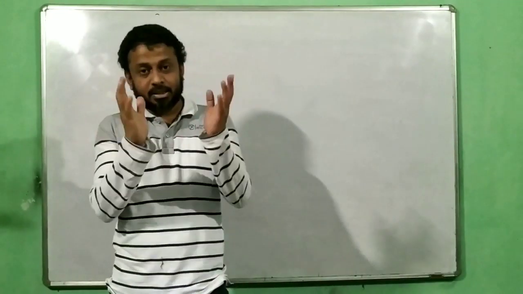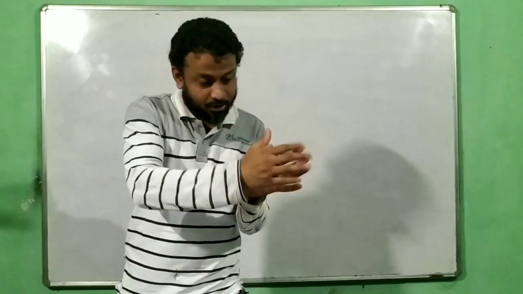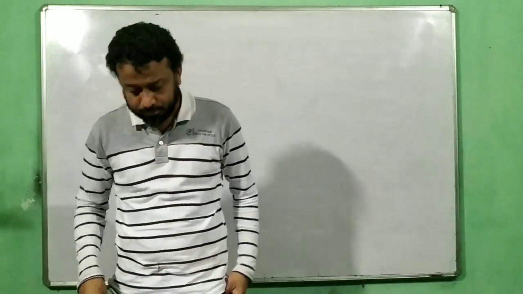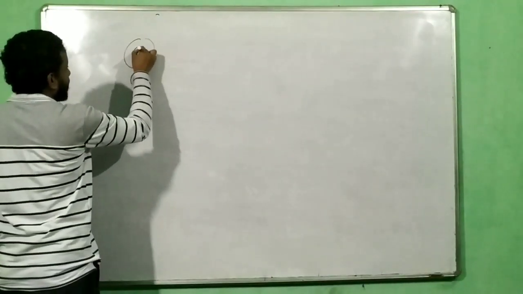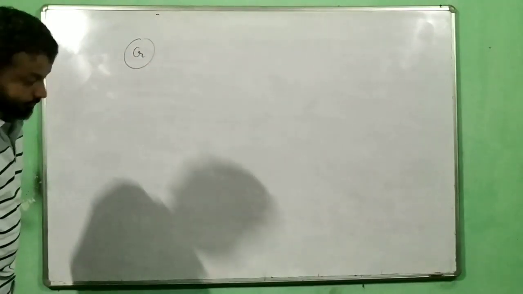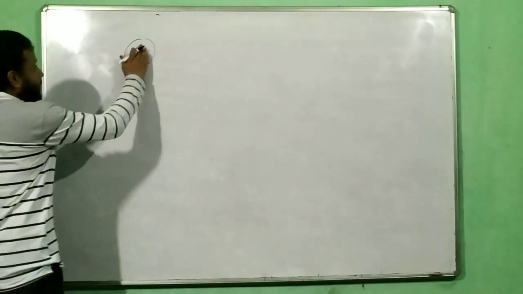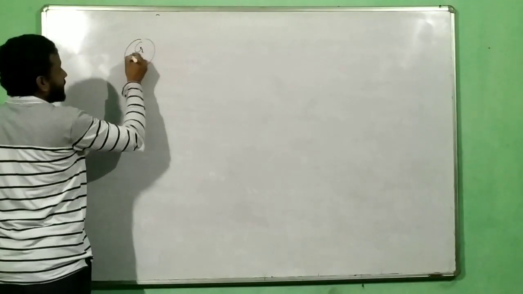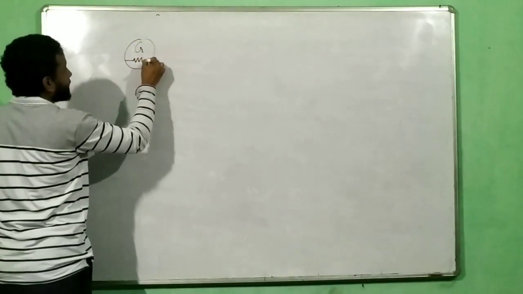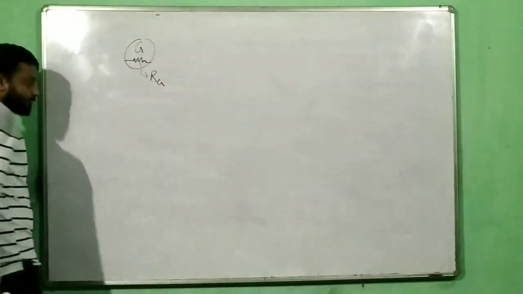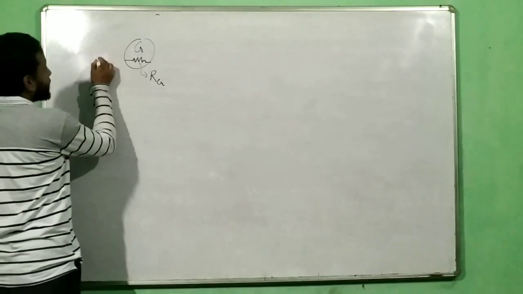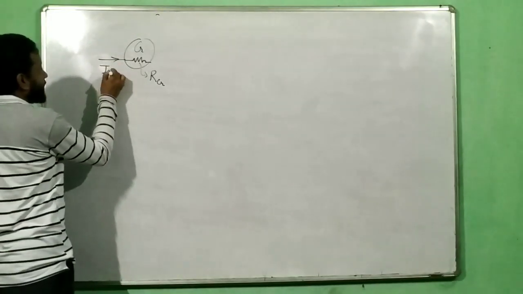So basically it's just a device in which a current flows through it, it rotates and then it shows a deflection. We call that a galvanometer. Now the problem with a galvanometer is that it has its own resistance. We call that resistance Rg. And it does have a safe current. We call that Ig.